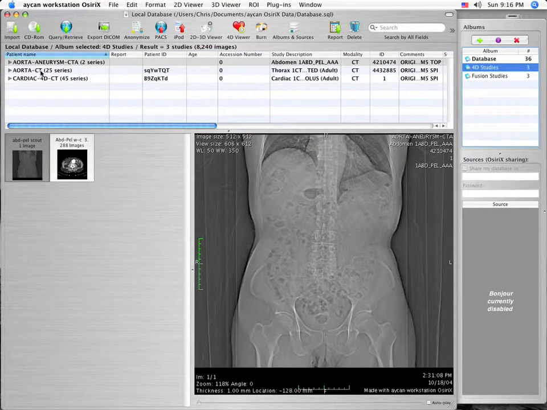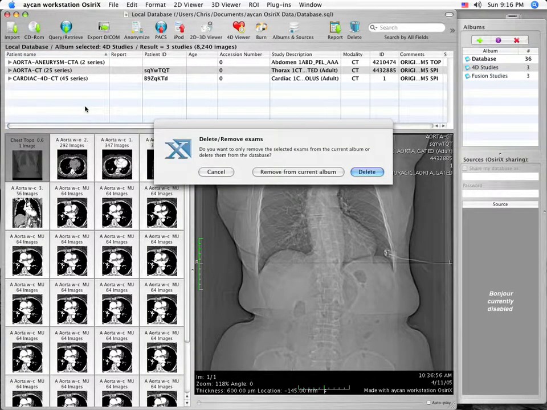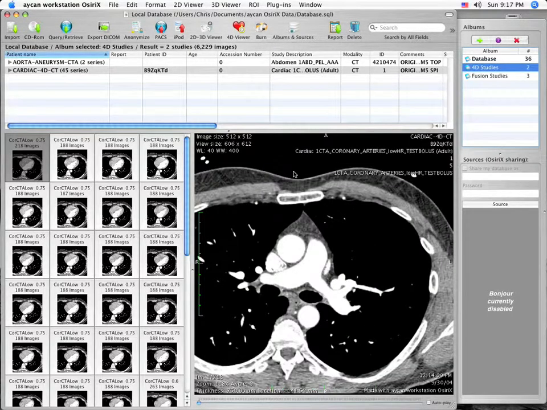If a study was placed in the folder in error, it can be removed by right-clicking on the selected study and left-clicking once on the Delete Selected Exam option. The user is provided with two options: remove selected exam from current album or delete the exam from the database. Select the Remove from Current Album to maintain the study in the General Database, but remove the study from a